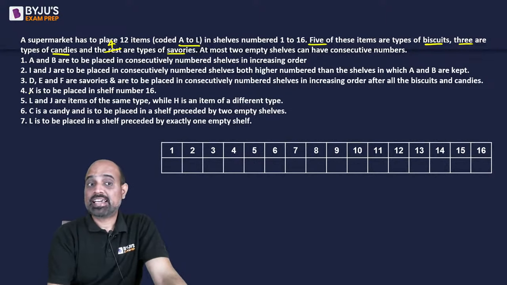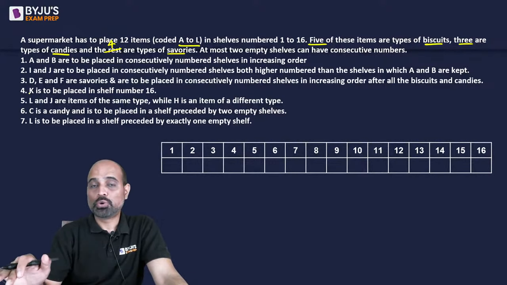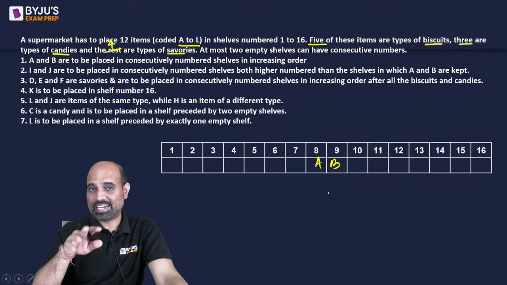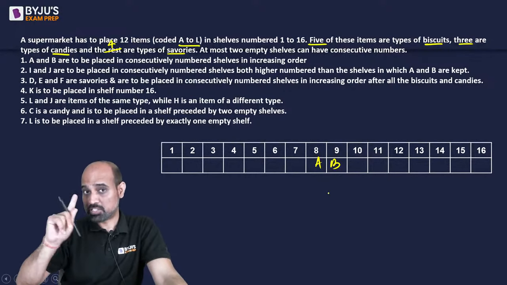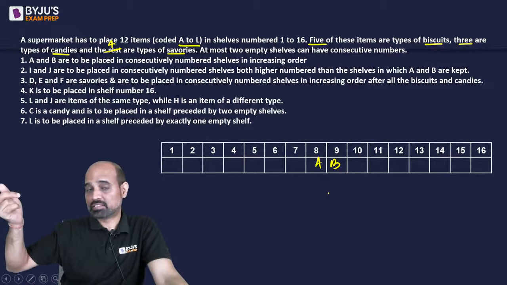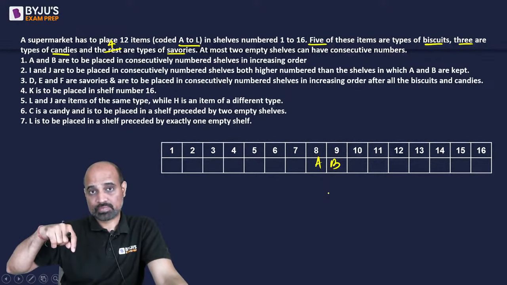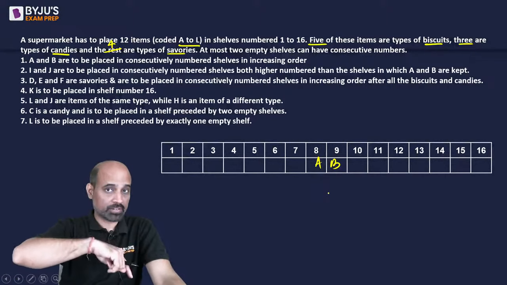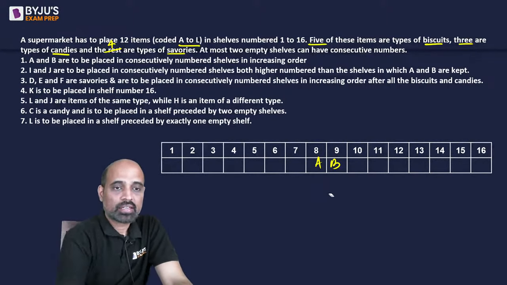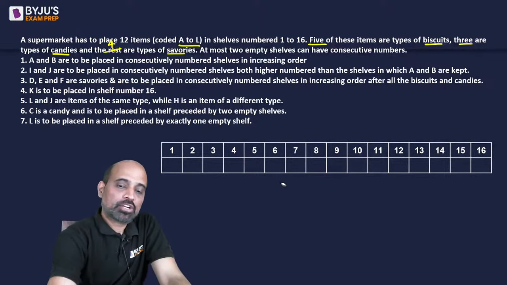First statement says A and B are to be placed in consecutively numbered shelves in increasing order. The only thing we can understand is if you're going to place A at 8, B is going to be at 9. Consecutive and increasing order. B cannot be 10 if A is at 8, and if A is at 8, B cannot be 7. So the sequence of A, B will be as it reads. Okay? But we don't know where A and B are to be placed, so we are going to ignore